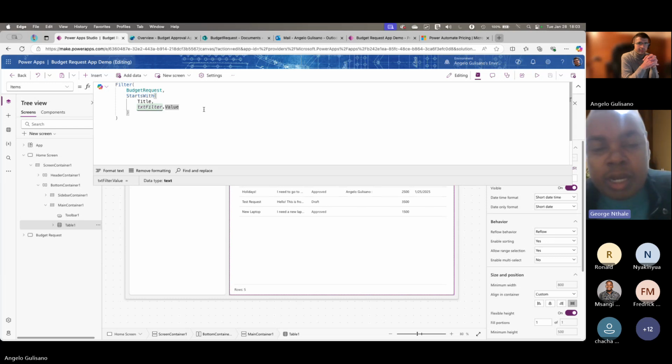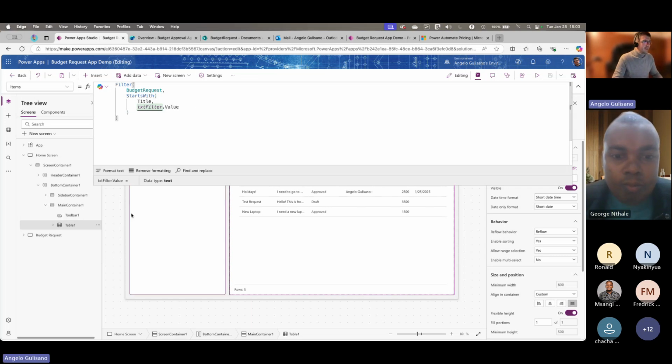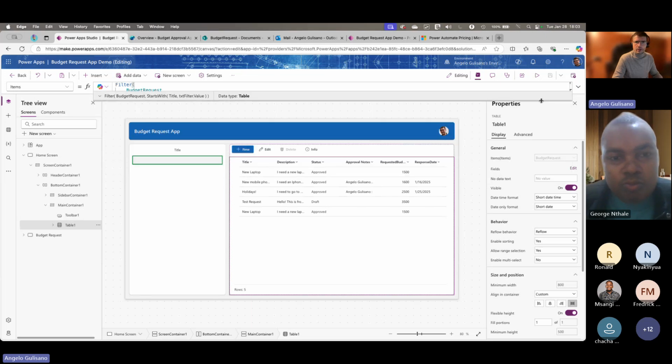Then again, maybe can we get a link whereby we can log in and try to check how we can build this hub? Maybe a learning page, a link to PowerFX, sorry, or maybe where we can check how you have built this application. Oh, this application is in my environment. If you want, I can export the solution and give it to you to import in your environment.